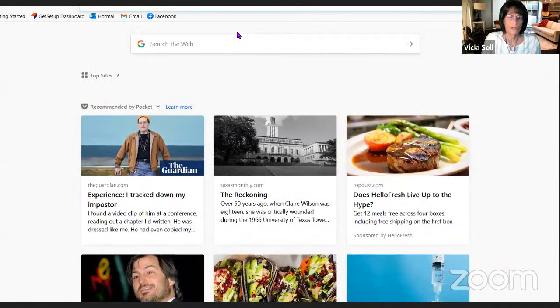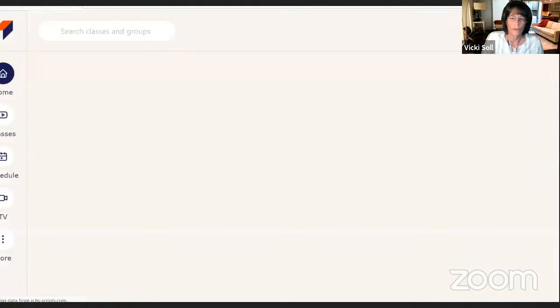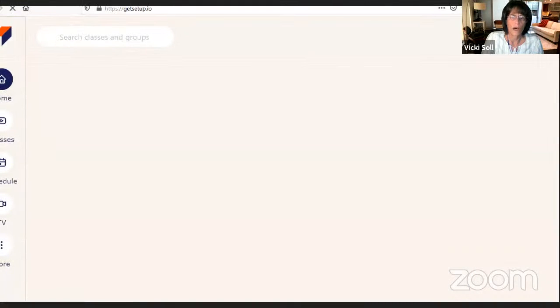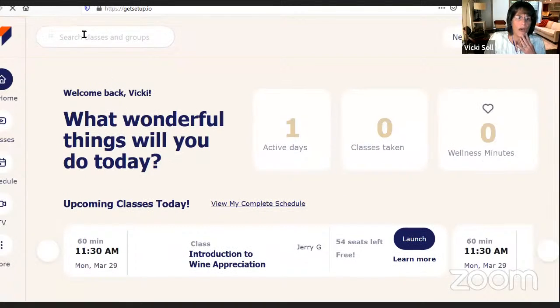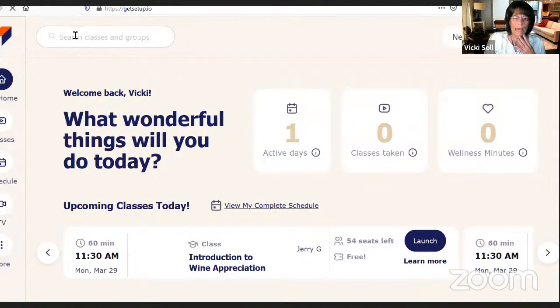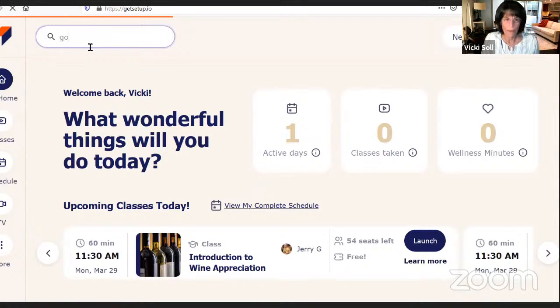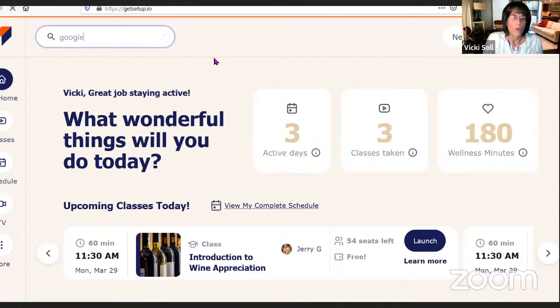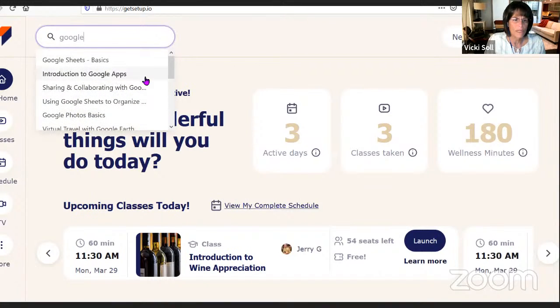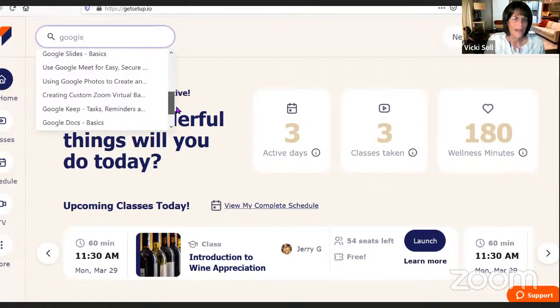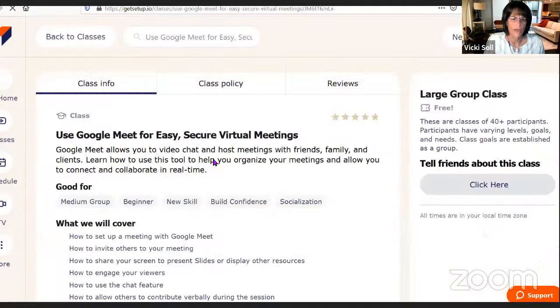Okay, so let me just see if I can get to getsetup.io. Let me just bring this up a little bit. One of the easiest ways for me to find classes on the getsetup.io website, there we go, I just go to search classes. For example, if I just type out Google, a drop down of all the different Google classes available will appear. And if I were to just use Google Meet, if we wanted to see what that Google Meet was,